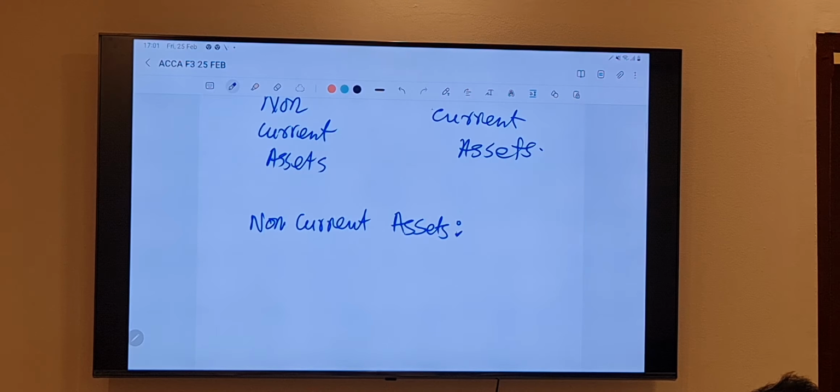The question is, 12 months defined by who? That's a very good question. Actually, those accounting books, they don't say 12 months. They say one accounting cycle, one accounting period. Sometimes 15 months also is one accounting cycle. But now, after IFRS, International Financial Reporting Standards, and IASB, International Accounting Standards Board, they came up with this benchmark, 12 months.